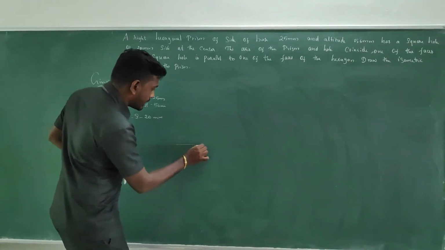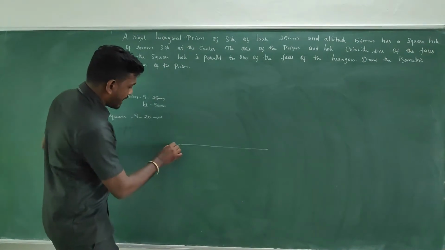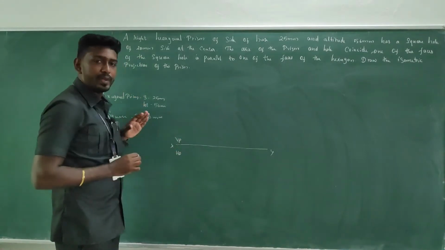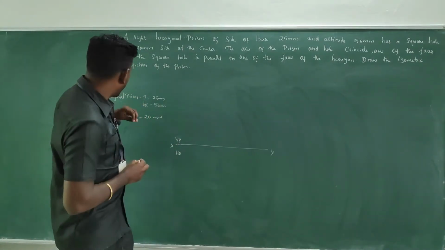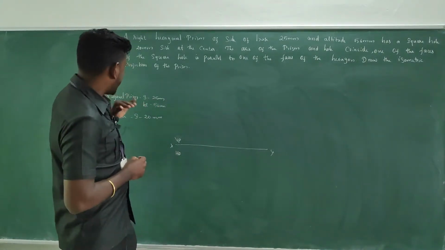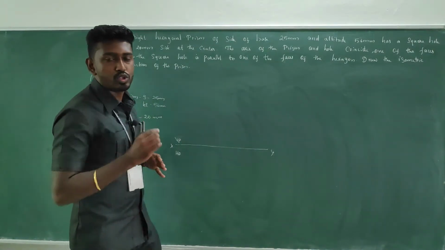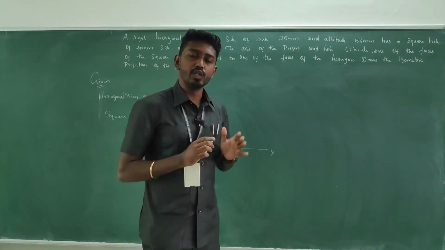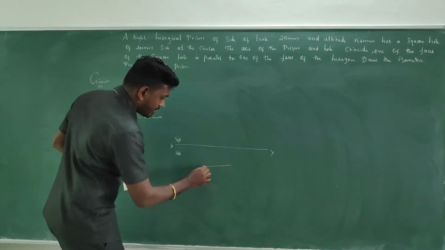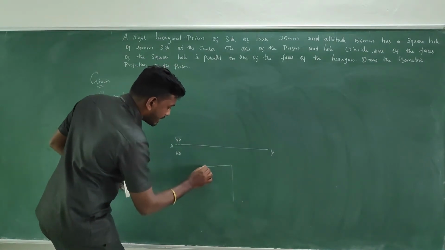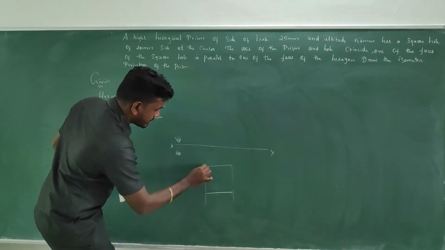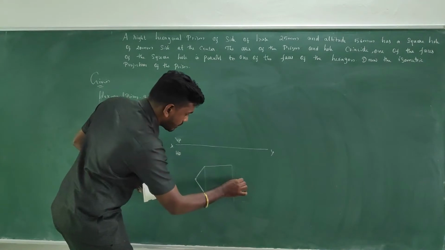In order to do it, have a reference line XY. Above the reference line is VP and below it is HP, as per the first angle projection. So in the top view it's a hexagonal true shape. In the top view the true shape can be seen, so the hexagon can be seen. We know how to construct the hexagon with the circular method. You need to go with the same procedure. We are well familiar, so as a shortcut I am going to bring the shape here, but you need to follow the same procedure, that is the circular method.